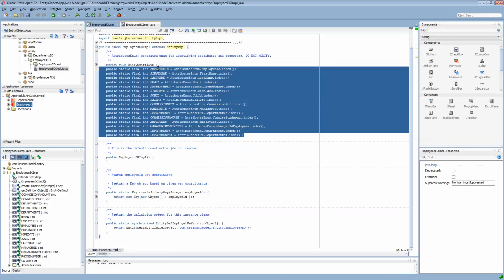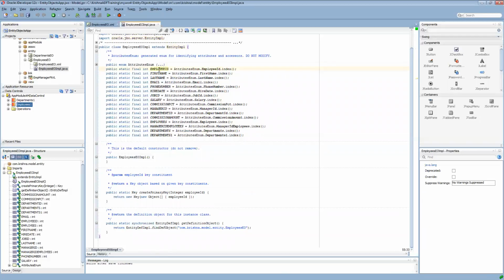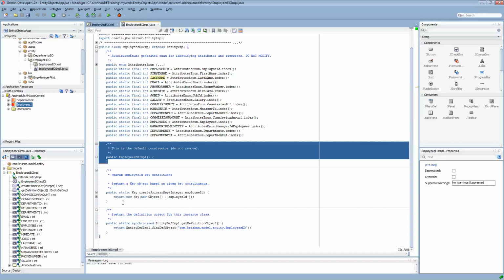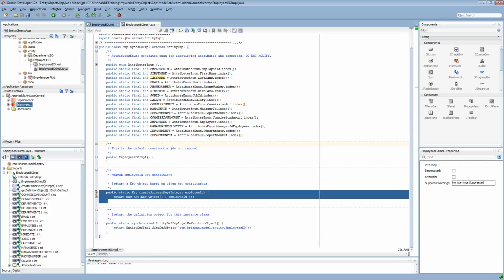Okay, so it names each attribute like this. In the enumeration, it has all these attributes: employee ID, first name, last name, everything. So this we will be using when we have to manipulate these particular fields. And then we have the default constructor, the empty constructor, and two default methods, which are create primary key and